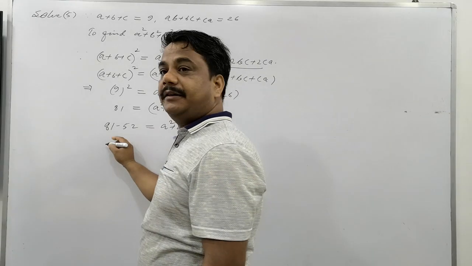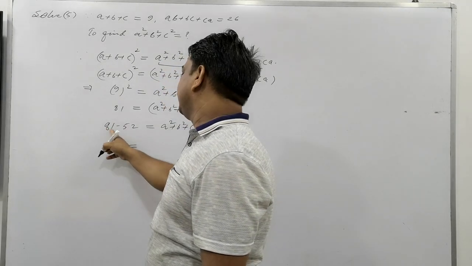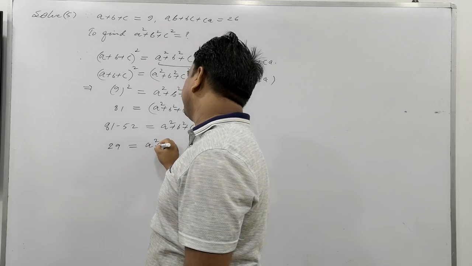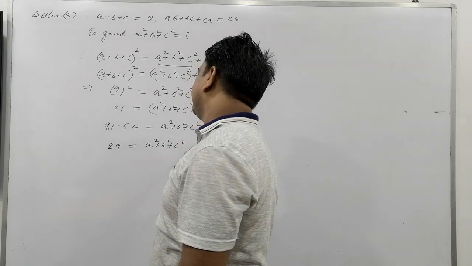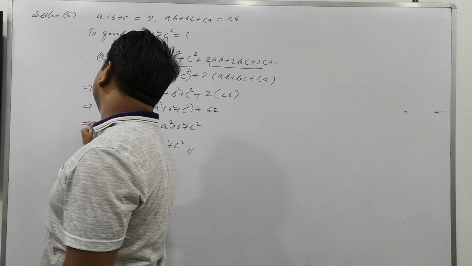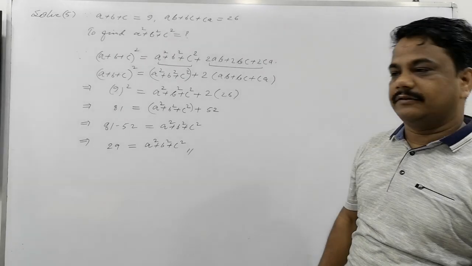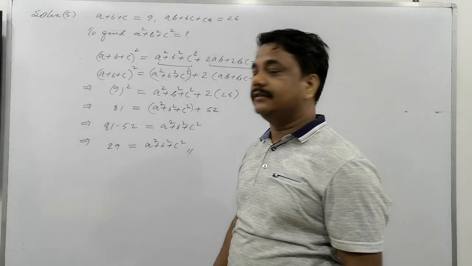So what is that, please tell me? It shall be 29, right? 11 minus 2, 9. 7 minus 5, 20. It's a square plus b square and c square. This is the value you have obtained here. Is that clear or not? Yes, sir. It's your answer. This is the solving. Now tell me please, is there any doubt in the paper?